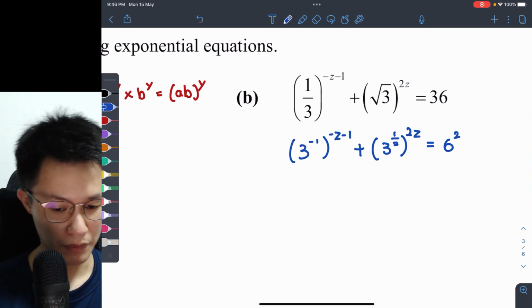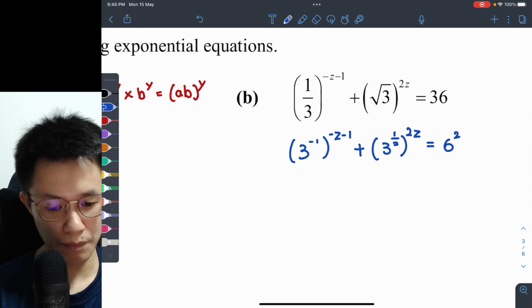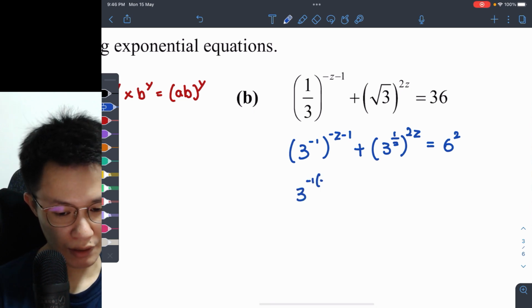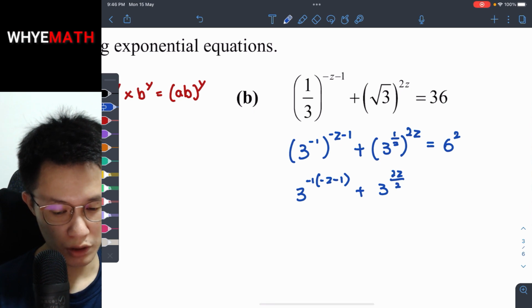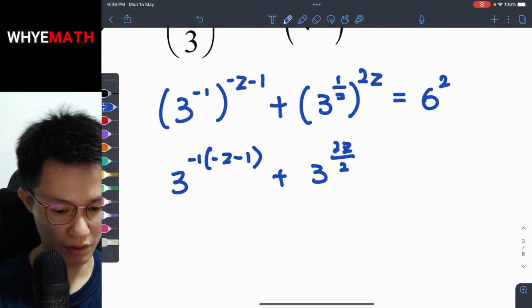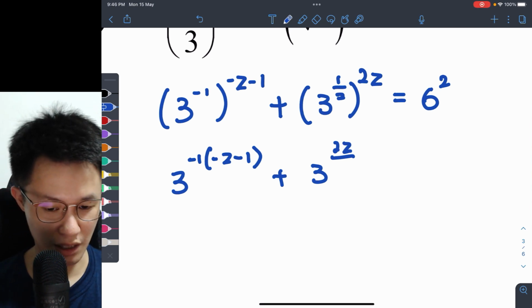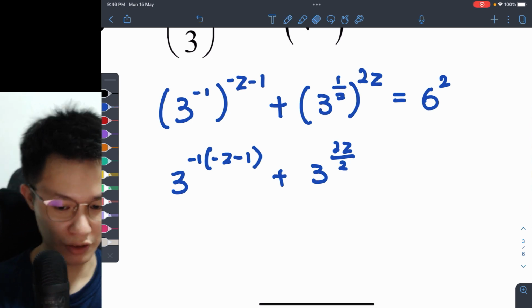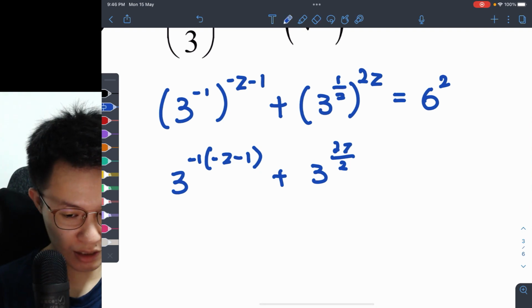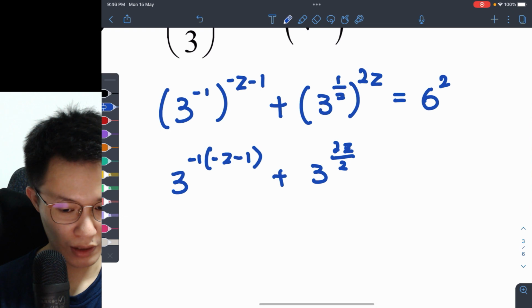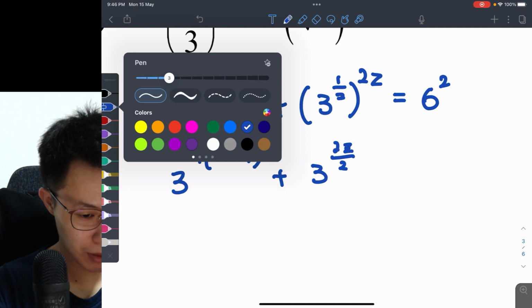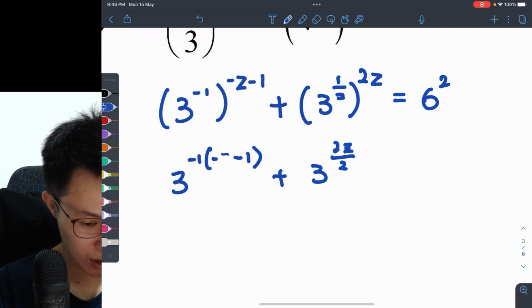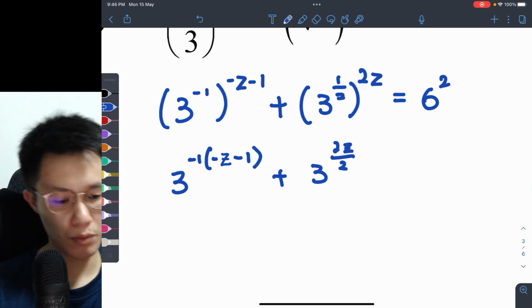So we have 6 squared. Now from this side we can have 3 to the power of -1 times -(z minus 1), plus 3 to the power of 2z divided by 2. This is a little bit challenging because we're dealing with z's, so I want to make sure that my z and my 2's look different. So we have z. Alright, okay, so from here we will have